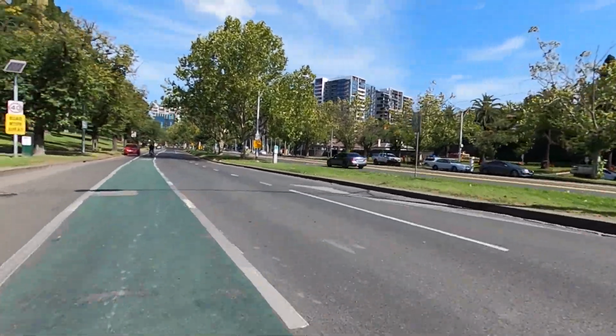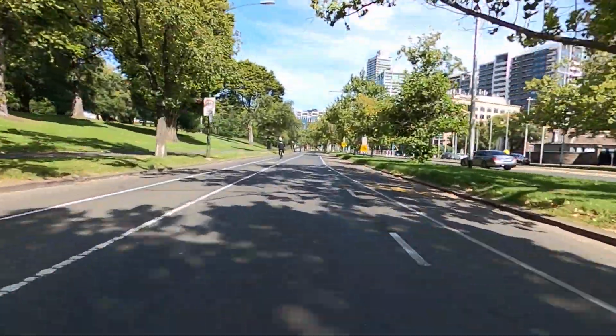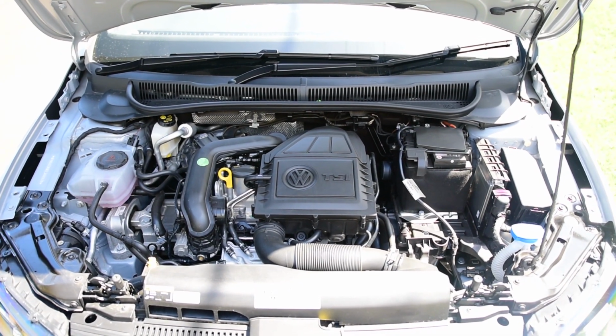Even when you floor it, it still doesn't like to be very responsive. It's only when you put it in that manual mode does it become really responsive and liven up the car to such a high degree, it's just not funny. And there is one thing that cripples the engine, and that is the awful, and I mean truly awful, stop-start